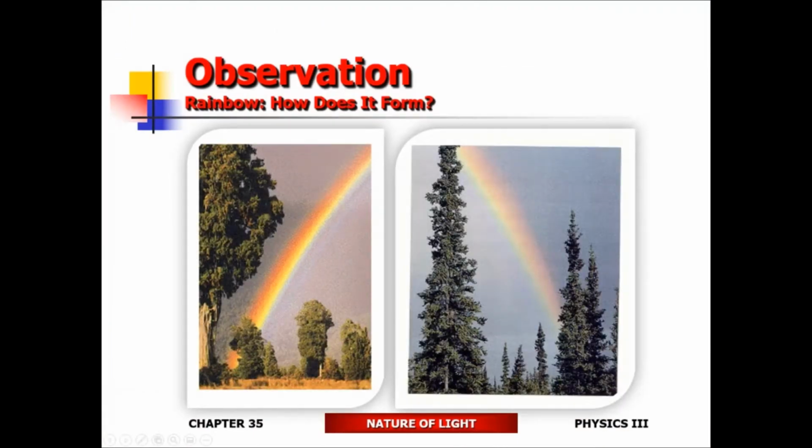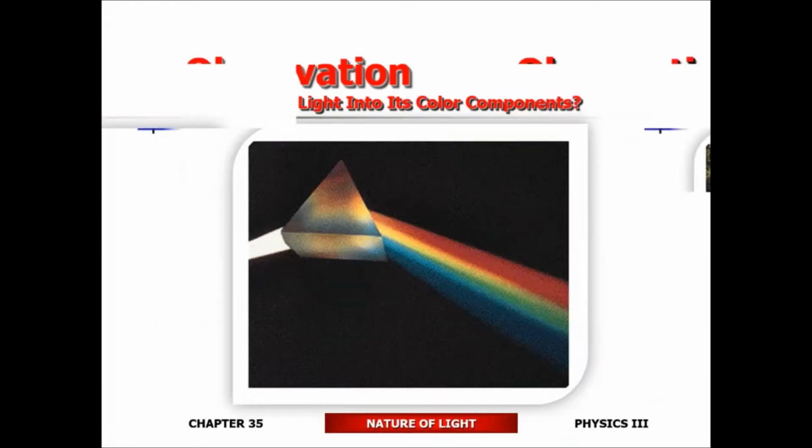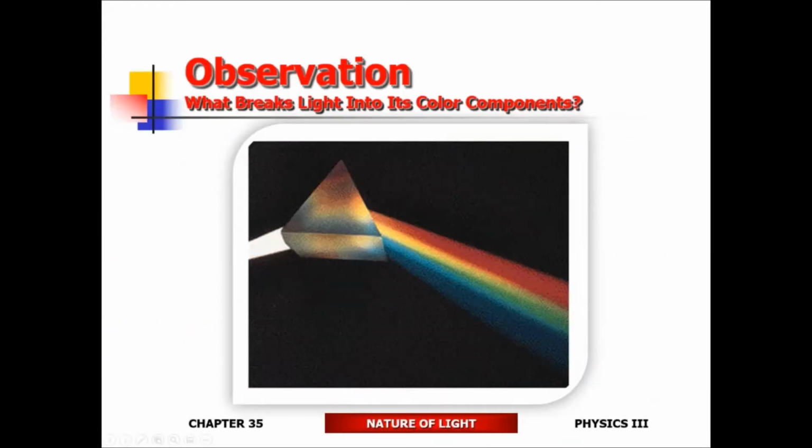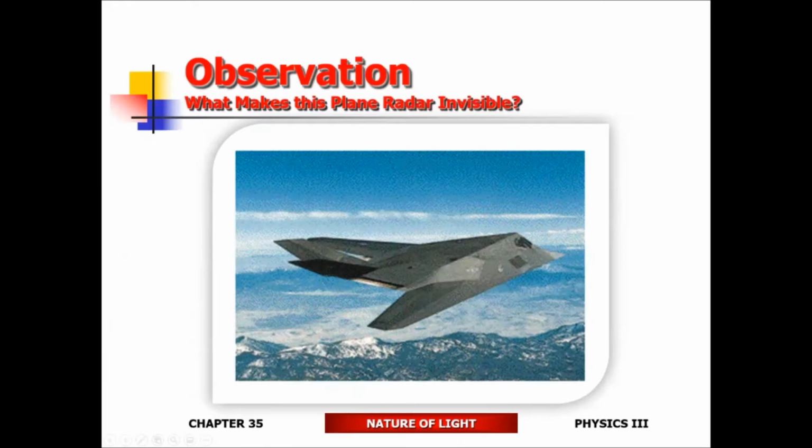Okay, rainbow. Speaking of the rainbow, notice that the top is always going to be red, the bottom is going to be blue. Why? Furthermore, how does it form? What causes the rainbow? All right, so the white light going through a prism is going to break up into its color components. You got red on top, the blue at the bottom. Actually, it's red on top, the violet is at the bottom. So a couple of questions. What caused the light to break up into its color components? That's number one. Second question is, why is it that the color red is on top and the violet at the bottom? That's always the case. What caused that to happen?